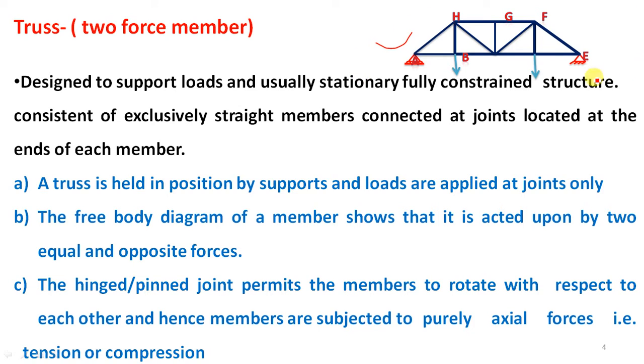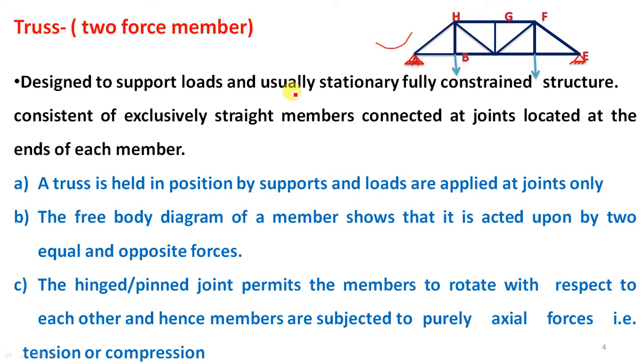Also, if you visit the college gymkhana, in order to support the sloping sheets of the roof, this type of structure is used. So this is known as a truss. This truss is supported at its ends by different types of supports. Here the truss is supported, one part on a roller and here is a hinge support.